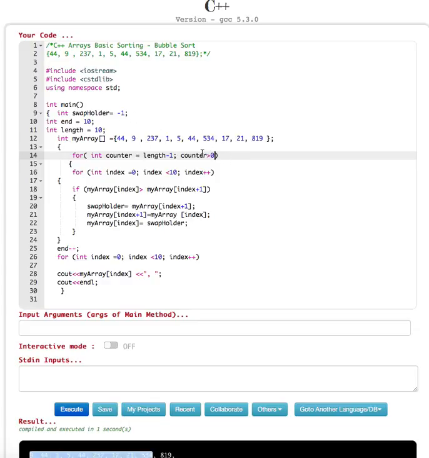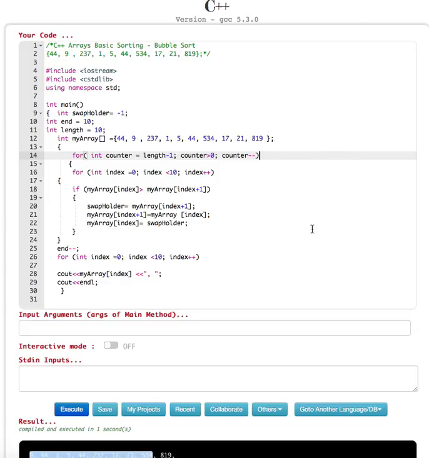Okay, wait a minute: 9 to 8, 8 to 7, 7 to 6, 6 to 5, 5 to 4, 4 to 3, 3 to 2, 2 to 1, 1 to 0, okay, greater than 0, and then counter decrement by 1, counter minus minus,